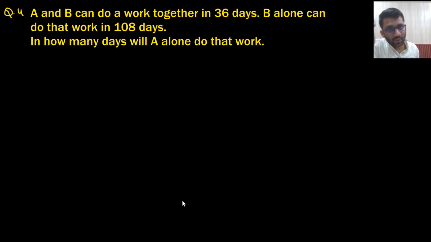A and B together can do a work in 36 days. B alone can do it in 108 days. How many days will A take? So what do I see? 36 and 108. LCM will be 108 only. So my task is eating 108 laddus. And if A and B are working together,